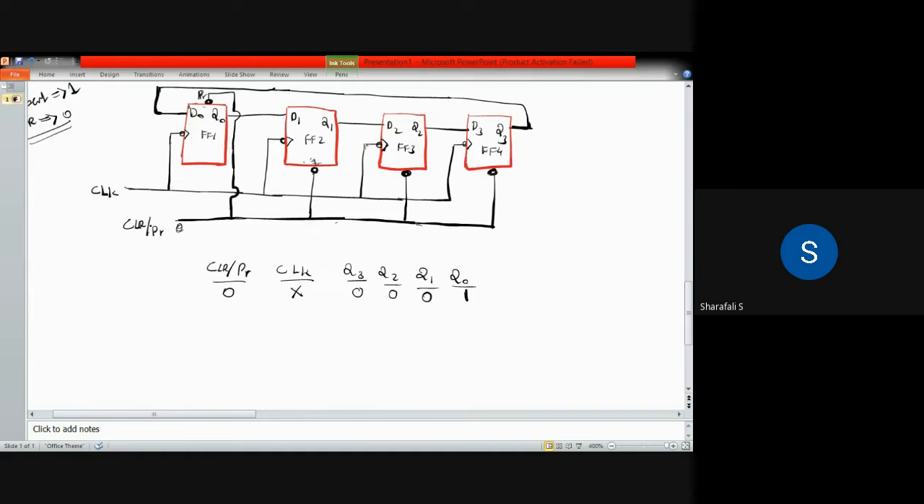Why? Because when you have this clear or preset equal to 0, this entire line is 0. So when this entire line is 0, here we have 0. Then you have to take note of that. The complement of that we have to consider. Then here it will be 1. When this becomes 1,